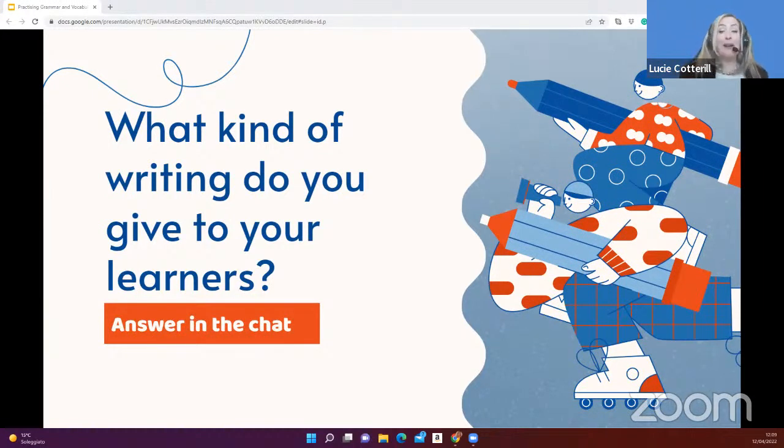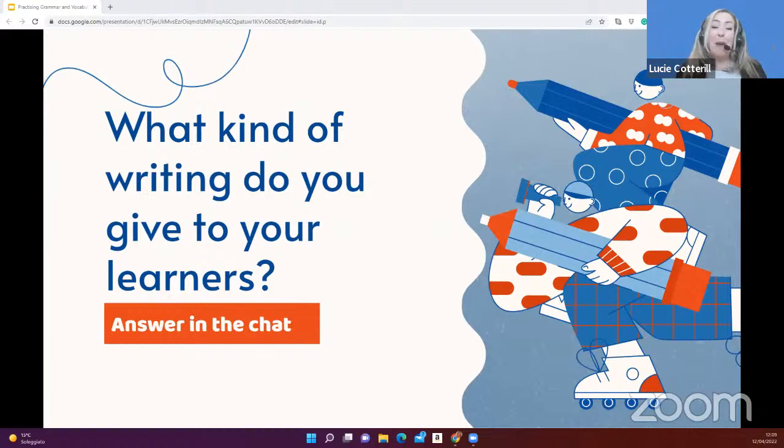Lower level writing about themselves, exactly. So we're going to have shorter texts at the lower levels, maybe just sort of factual information about a daily routine, an opinion essay. Good. So there's so many different types of writing that we might be looking at. And I think it's time we got started with some practical ideas.